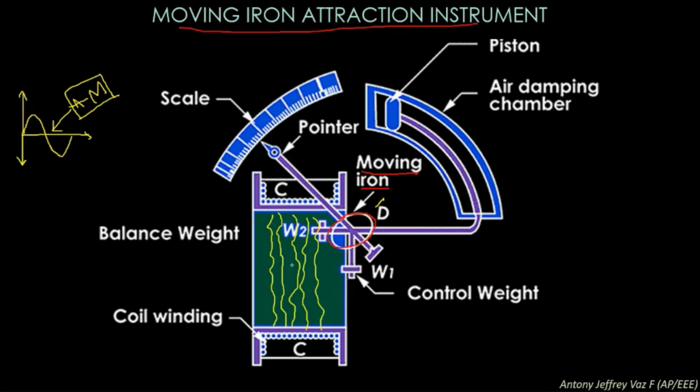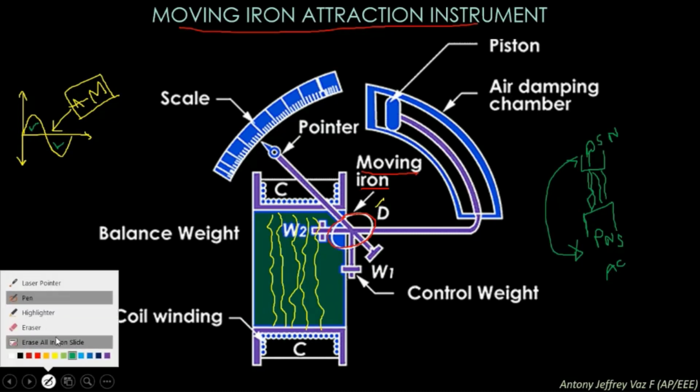What happens when these two things interact? You can see this is one pole and this one is another pole. Okay, since alternating current is applied, the poles will be changing. In the first half it will be a north pole and this will be a south pole for the positive half cycle. For the negative half cycle, this pole will become the north pole and this pole will become the south pole. So the magnetic field produced inside these poles will be alternating because of the shift in pole from one to another. Okay, now let us see what is happening.